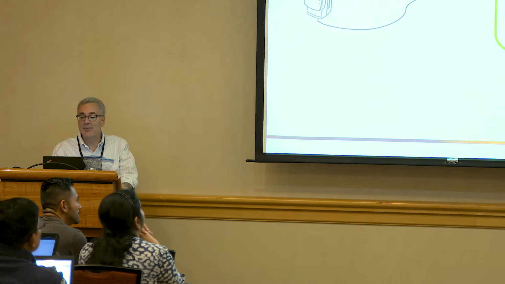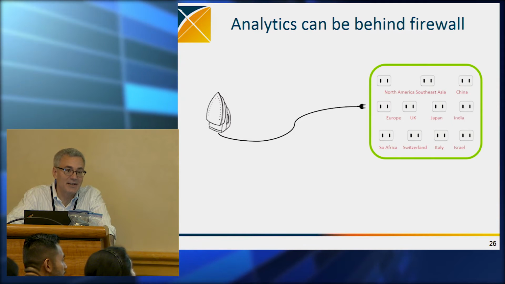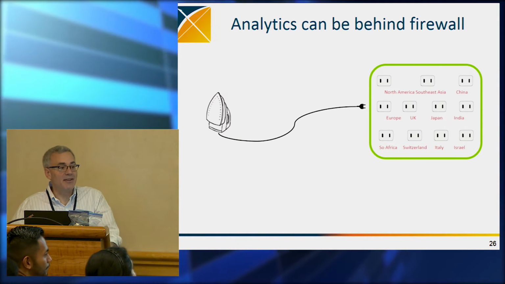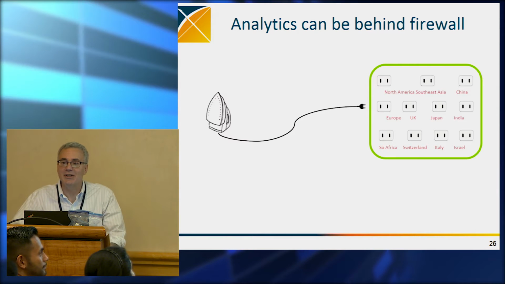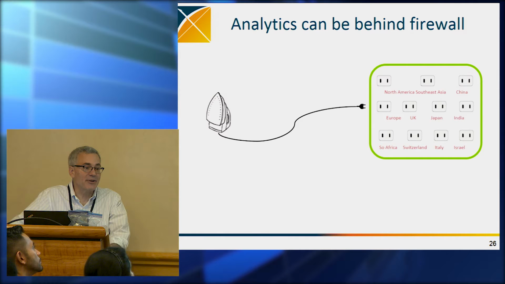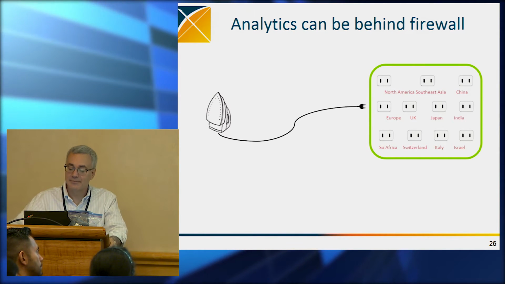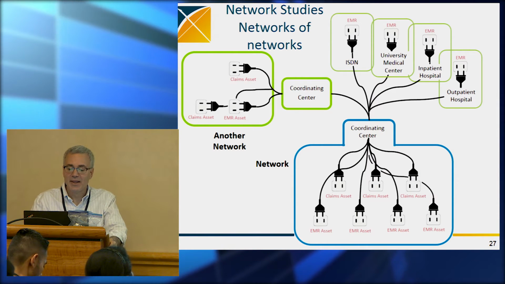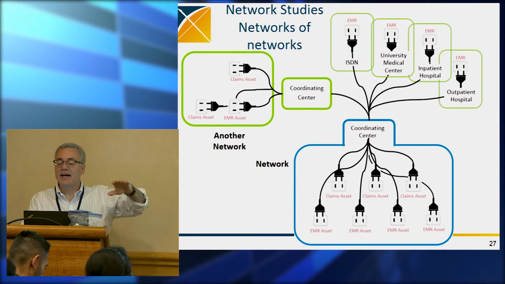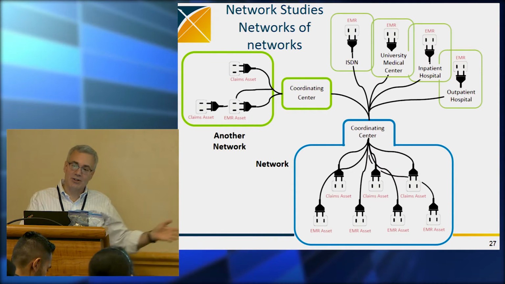And you can go remotely, so we can do research around the world because we don't have to be there in person. And furthermore, we can gather so many records because people don't have to send us their database. They can keep their database safely behind their firewall. We never learn any of their patient identities. Each country has different rules. Germany has very strict rules, but they can contribute because they can keep their data behind the firewall, for example. And you can do studies as we adopt the same model over many networks. We can even cross queries across networks.